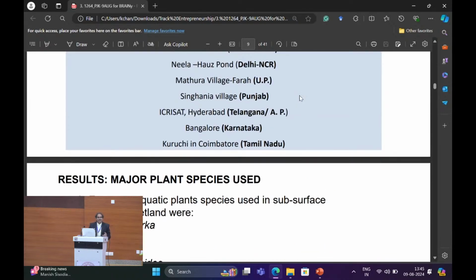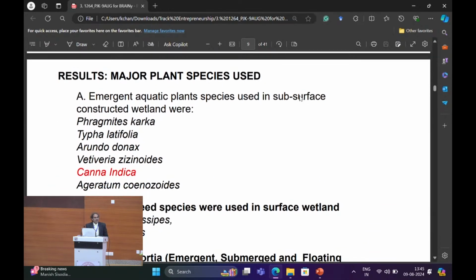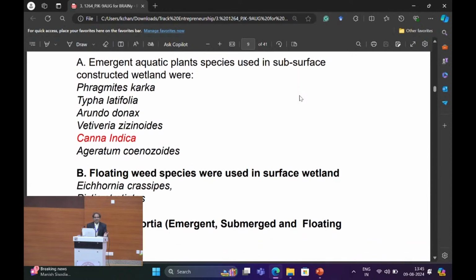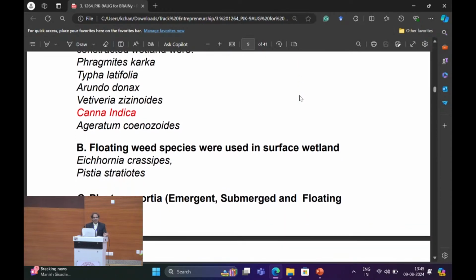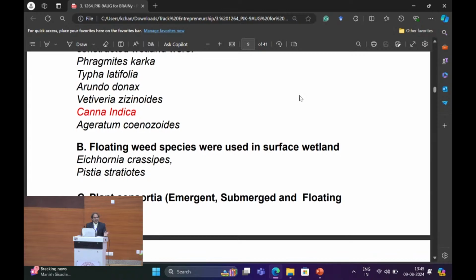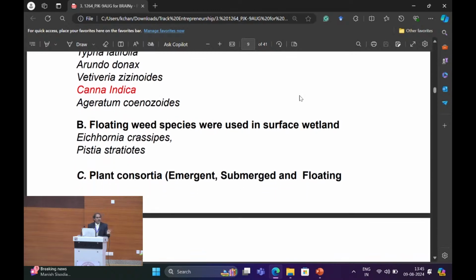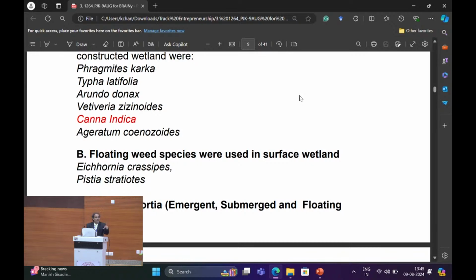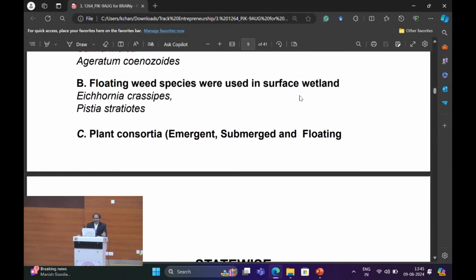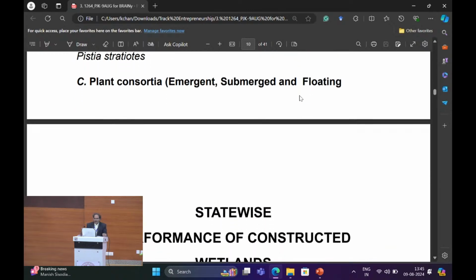In such structures, the major aquatic plant species used were Typha, Arundo, Vetiveria, Canna. You might be aware that Canna is easily available in cities also. Also Ageratum, and the floating weed species Eichhornia, that is the water hyacinth, which you call Jalkumbhi in Hindi, and Pistia. And consortia means a mix of these emergent and floating plant species applied in a